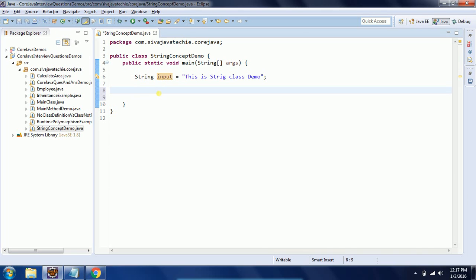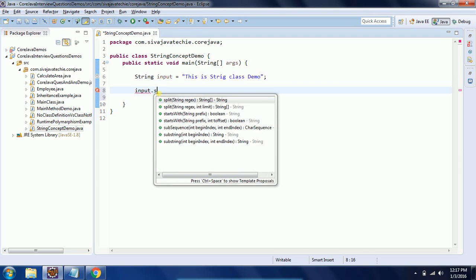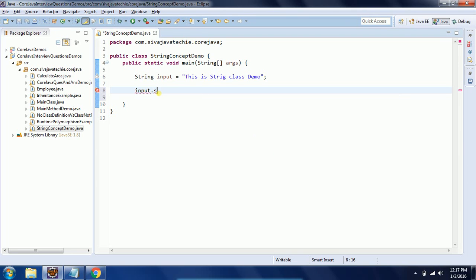So in order to split, the String class provides a method called split, where you specify the delimiter. A delimiter is nothing but a special character or white space. In this case, my intention is to split the total string based on the space. So it is going to return a string array.